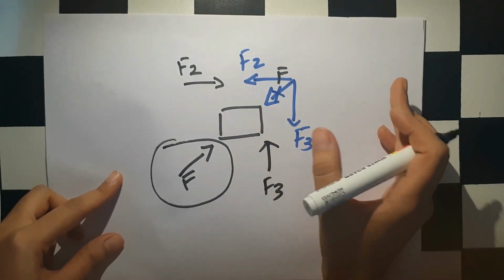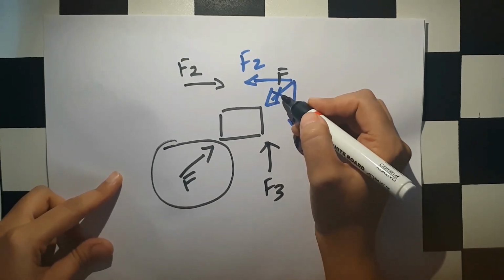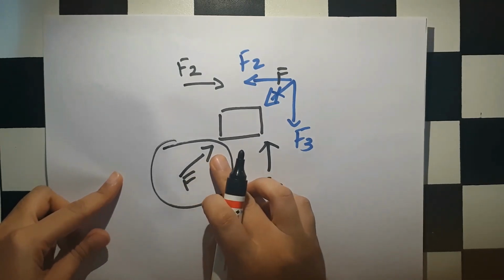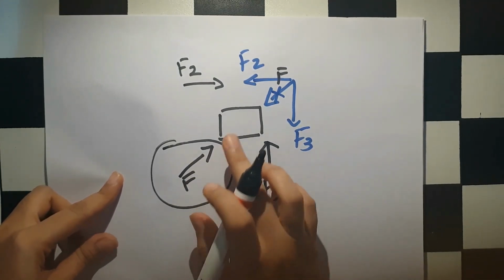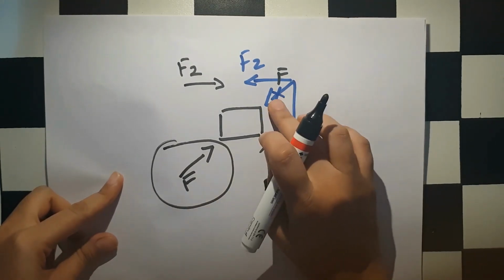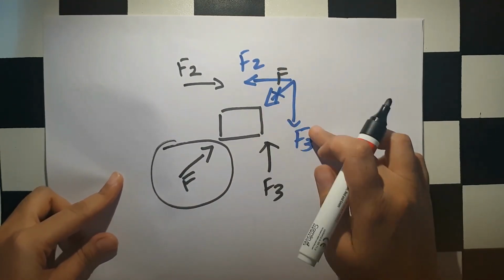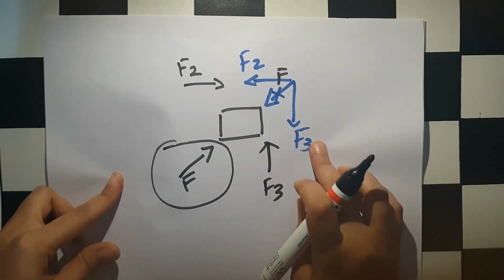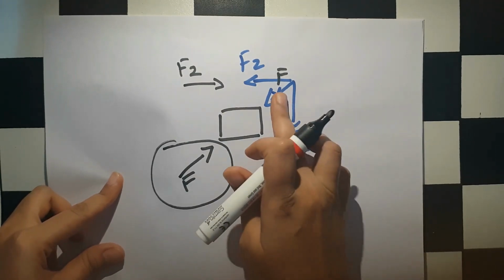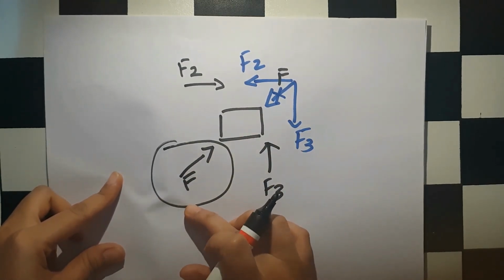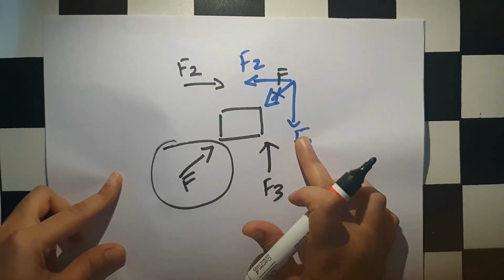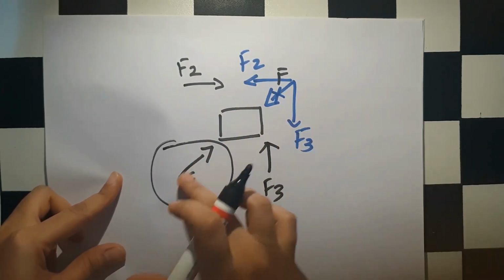Now what we did: before, there was the initial force F, and to counteract that force we needed to apply this F force, but due to some restrictions we cannot apply force over here. So instead of this force F, we found its components F2 and F3, such that if F was not applied and only F2 and F3 are applied, we will have the same effect. Okay, why are we doing that? So that we will get components of force in some other direction rather than this direction.